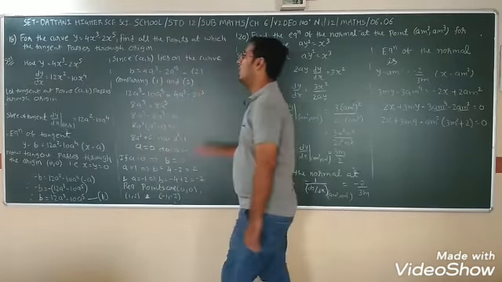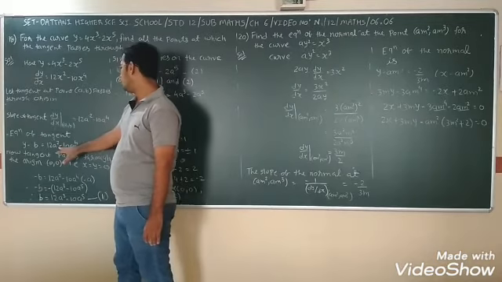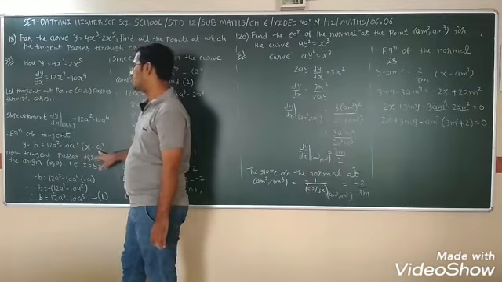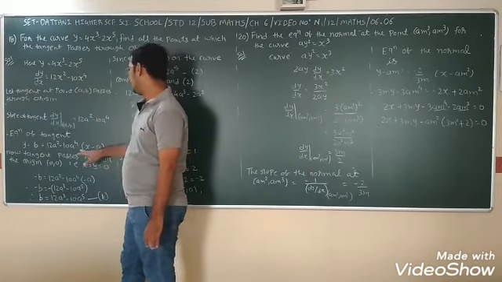Now we have to assume that the tangent is passing through some point A to the origin. So the slope of the tangent dy/dx at (a, b), at x equal to a, is 12a square minus 10a raised to 4. So the equation of the tangent becomes y minus b is equal to (12a square minus 10a raised to 4) times (x minus a). But now the tangent is passing through the origin, so x equals y equals 0. If we put that here, minus b is equal to (12a square minus 10a raised to 4) times minus a. Multiplying, we get b is equal to 12a cube minus 10a raised to 5.